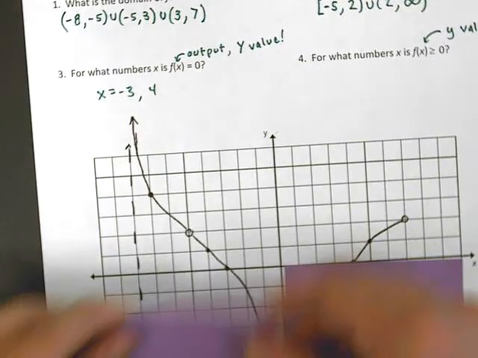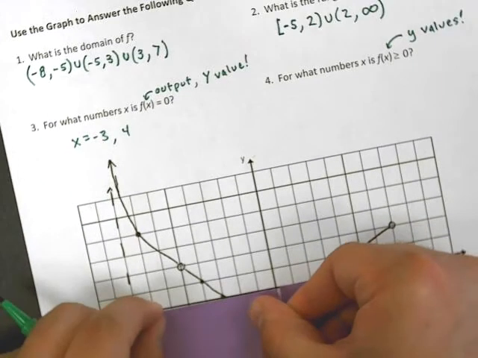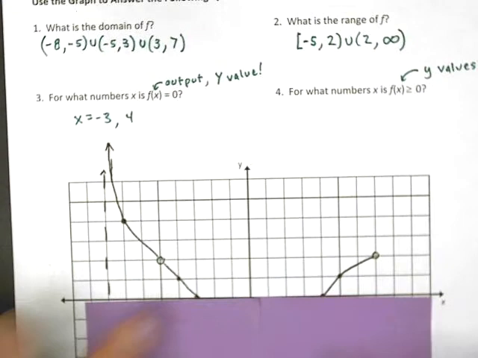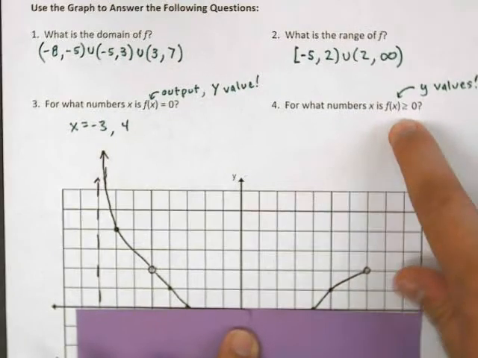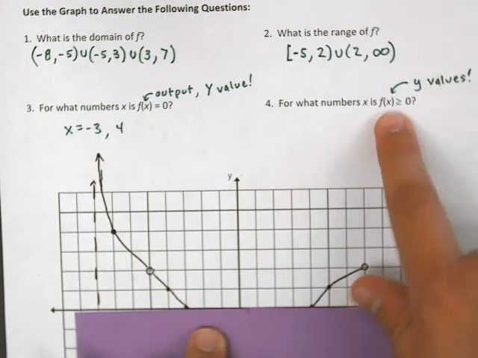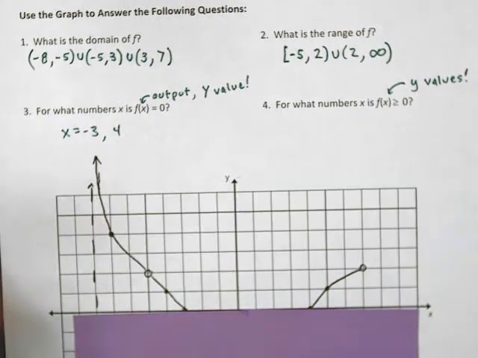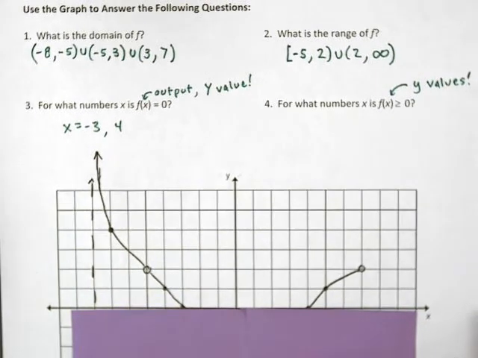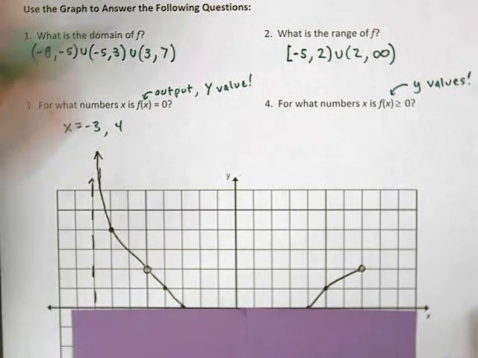these sections of my graph, correct? Anywhere under the purple, f of x would be less than 0. I don't care about that. I want it to be greater than. So I need to describe these sections, and remember, we use interval notation to do so. So we know there's nothing to the left of -8, right? So we know we're going to pick up right here at